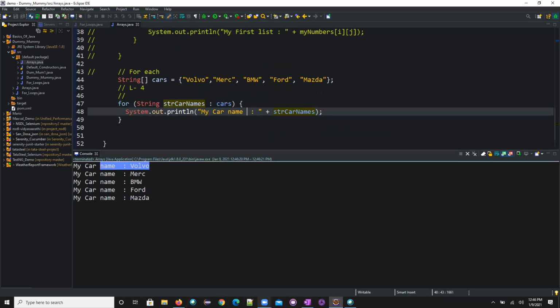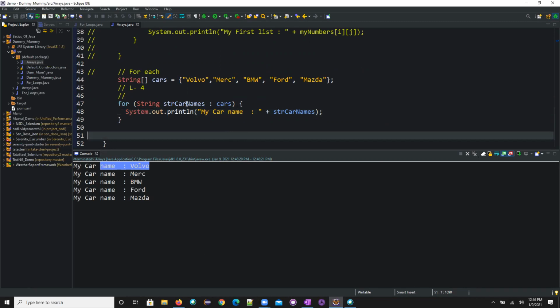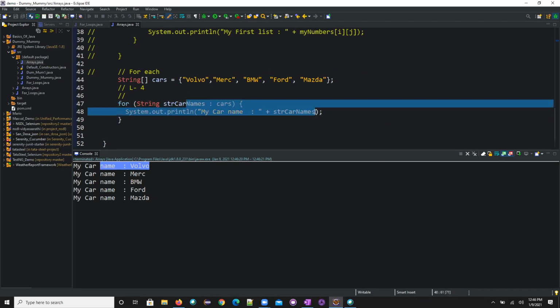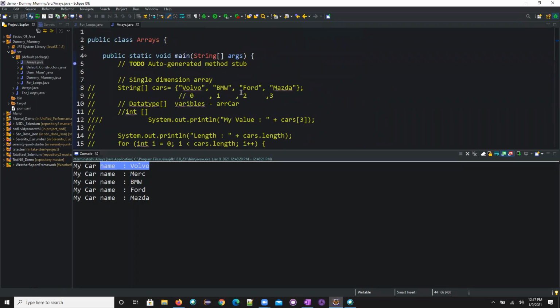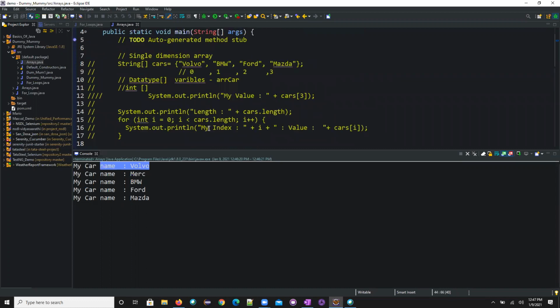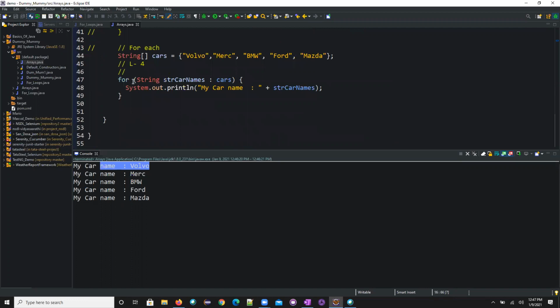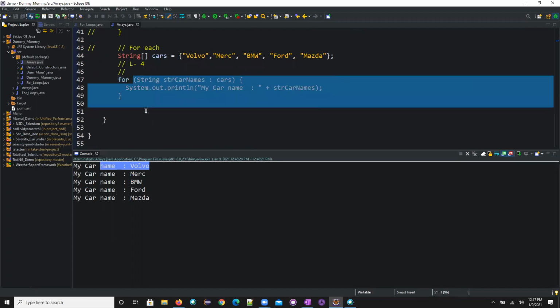Yeah, someone is asking me a question. Actually, that was my question, sir. If I want a specific element, then how will I get it? Here, that's what I'm saying, right? Because the index number? No, here we don't have the index numbers itself. It was completely iterating. If you wanted to do it with the index numbers, then you need to go here and give it in this, how we have given in these values. This is how you need to get it in the for loop. So that's the basic difference between for and for each. For each will iterate all the values and then it will print for me.